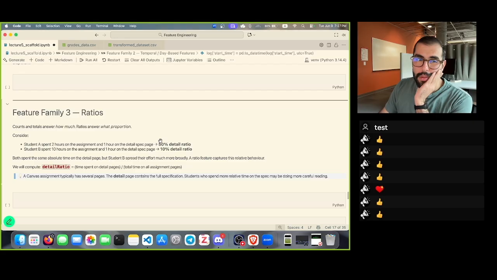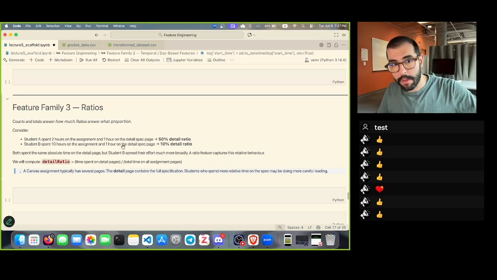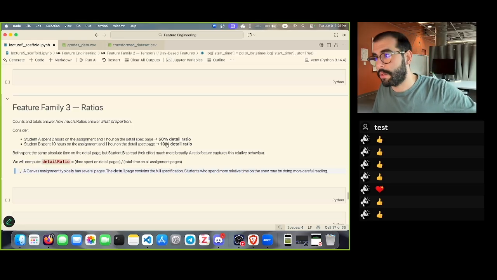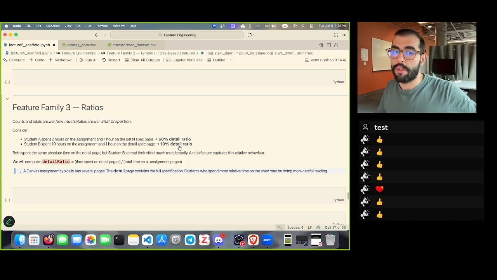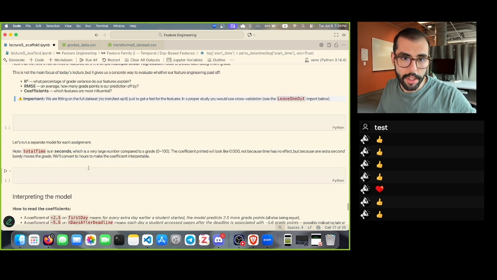Okay, let's say student A spent 2 hours on the assignment and 1 hour on the detail spec, so 50% detail ratio, but student B has spent 10 hours on the assignment and 1 hour on the detail spec, so there's a 10% ratio. This is also another feature. Okay, so features come in different shapes and different formats. I wish we could cover ratio as well, but